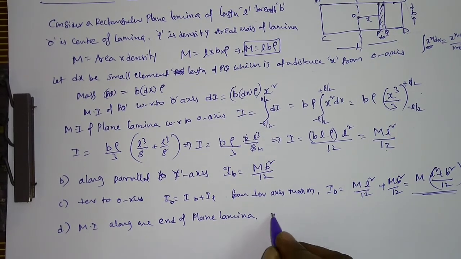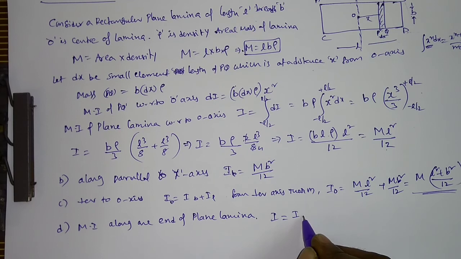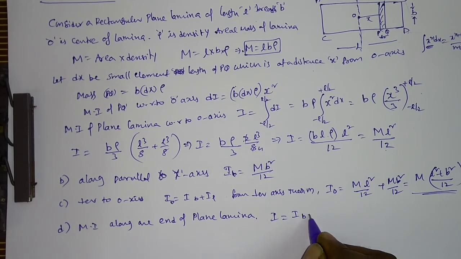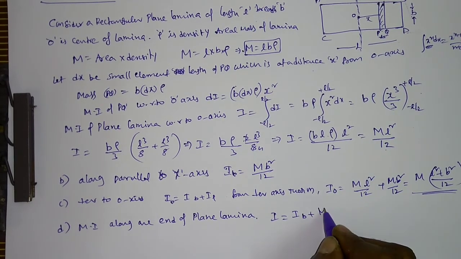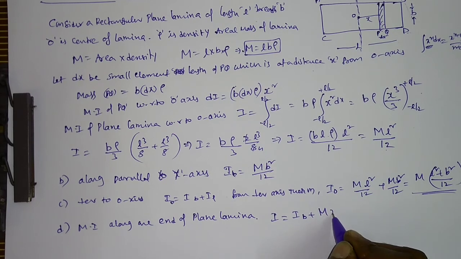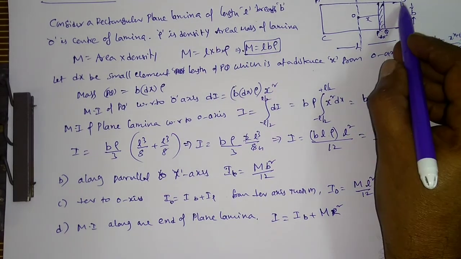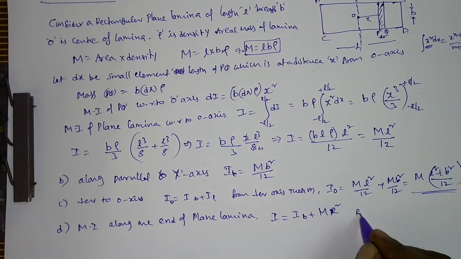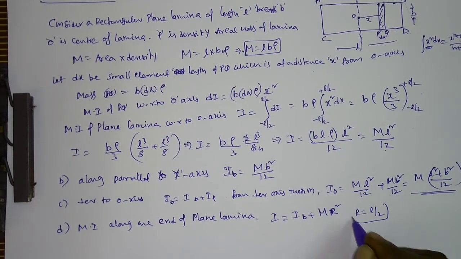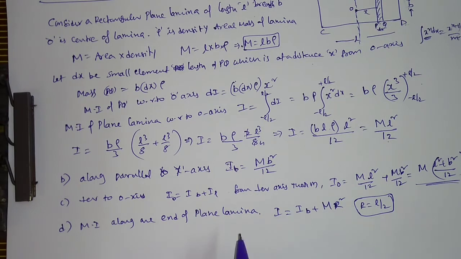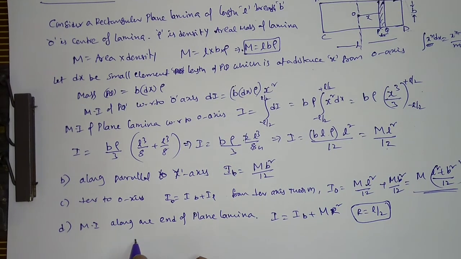That means you can use I is equal to I C plus M R square. Here R you can use only half of the length, that is L by 2 only. Substituting this we will get I is equal to,